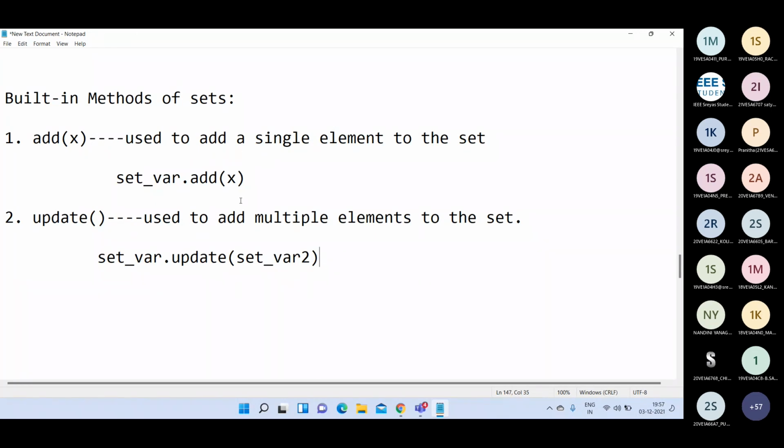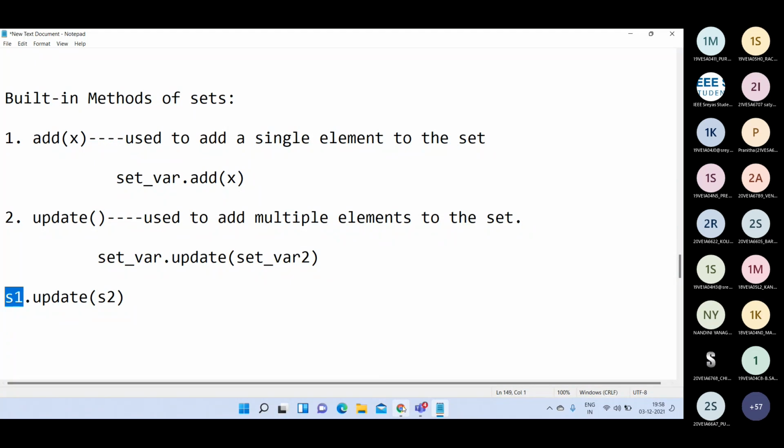Anagane, this second set contains some elements, and those elements will be added to this set. Suppose you write s1 dot update of s2, whatever elements you have in set s2 are added at the end of s1.